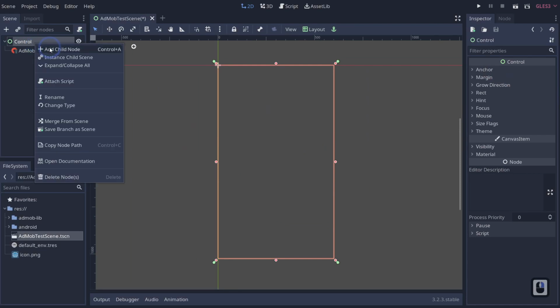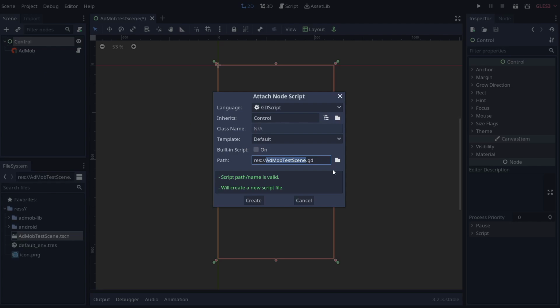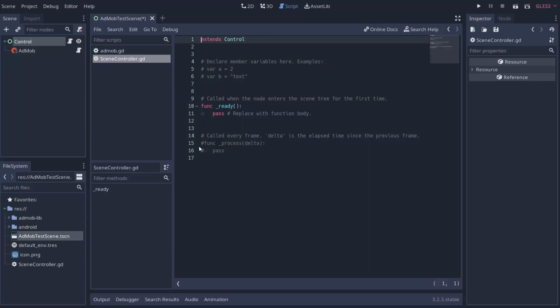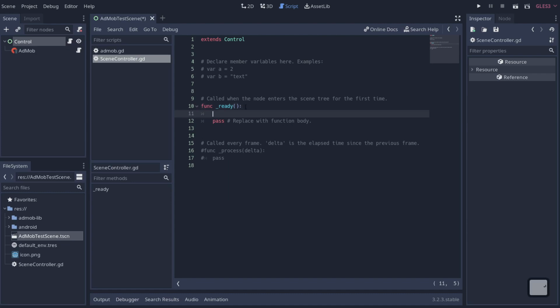And now I will add in a script, and it'll be a GDScript, and we will call it, let's see, I like to call this scene controller. What scene controller is, it's the thing that controls the scene and controls how everything operates. Now, what we can do is say func ready. So on ready, I want this to load $AdMob dot load